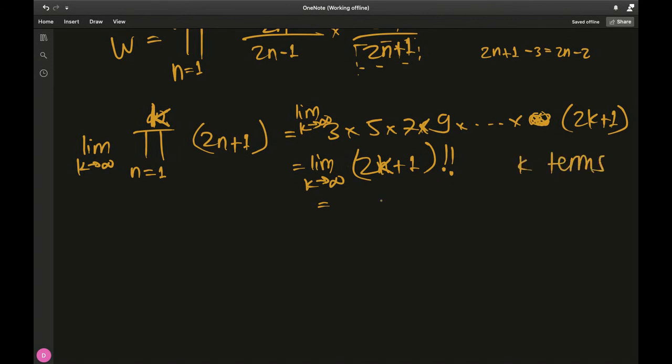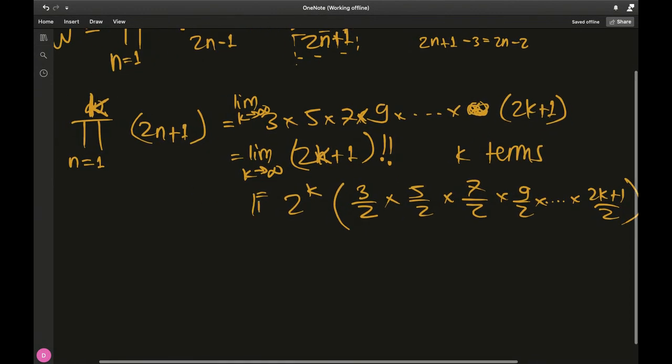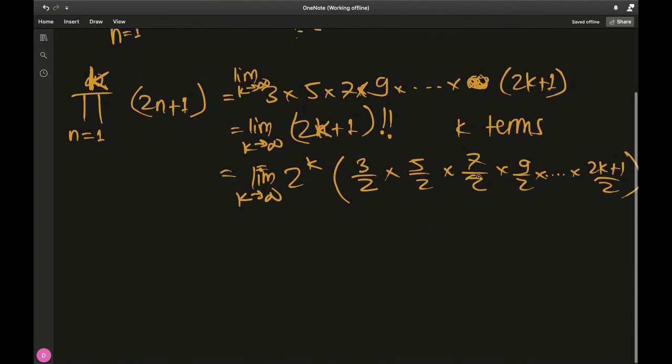So I'm going to multiply and divide by 2, k times. So we have 2 to the k, and then for the k terms we can multiply 2 this way: 3 over 2 times 5 over 2 times 7 over 2 times 9 over 2, going on till 2k plus 1 over 2, the last term, in the limit again as k goes to infinity. So k terms and 2 to the k in the denominator, 2 to the k in the numerator. It's basically multiplying by 1. So when I do that, we'll have limit as k goes to infinity of 2 to the k,